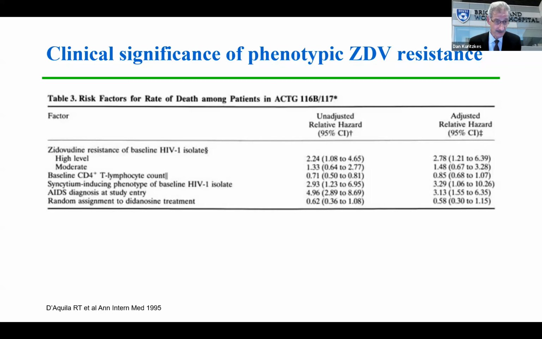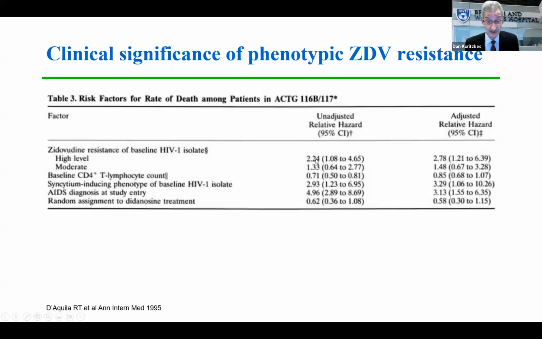And we had developed, with the help of Doug Mayer, a consensus phenotype assay that allowed us, with generally good reproducibility at the time, to determine the IC50 for zidovudine. And we could characterize viruses from the participants in this trial as either high level or moderate or susceptible. And what you can see is that the presence of high level resistance was associated with a significant increased risk of death in people who continued to receive